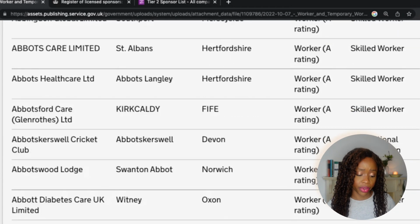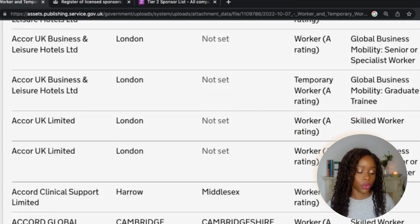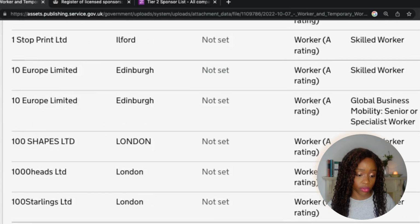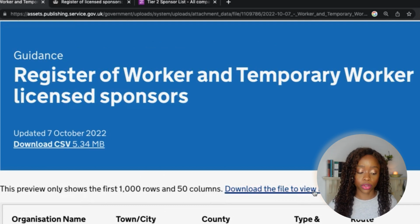It's a very, very long list, as you can see right here on my screen, and you won't actually be able to see every last organization on this page. Okay, so you want to make sure you download the file to view its full content, okay, and that will show you the full list. I think it's approximately 35,000 organizations,